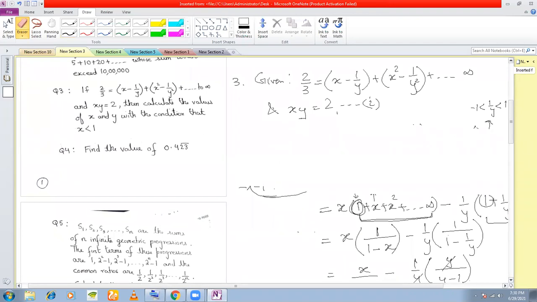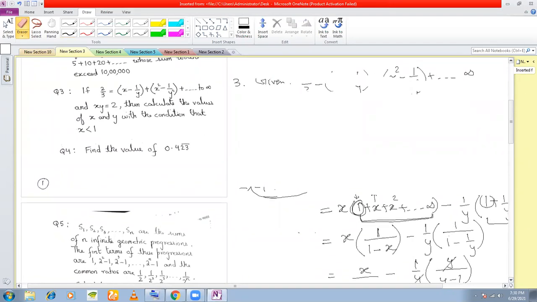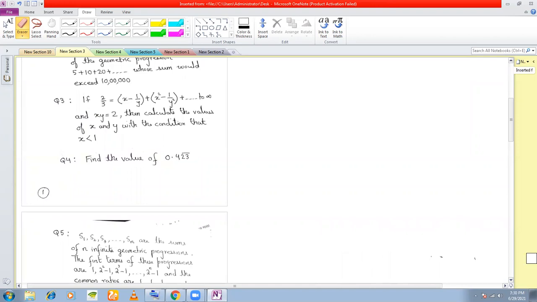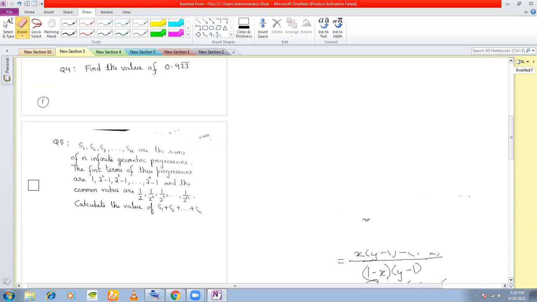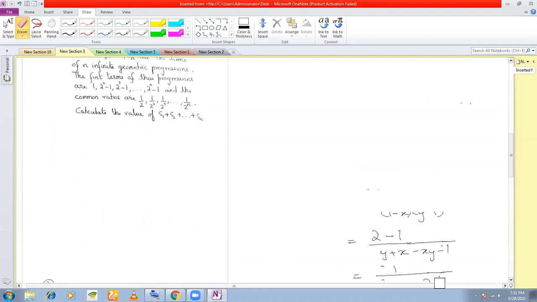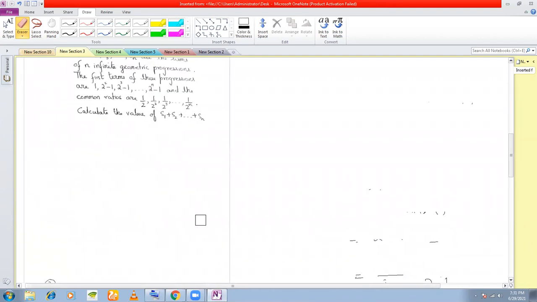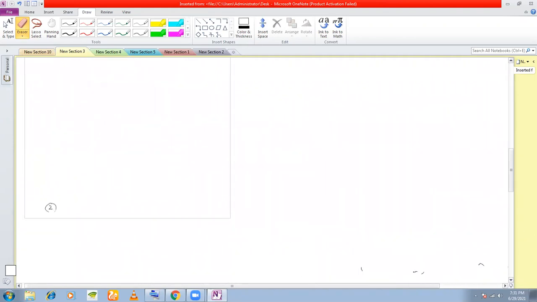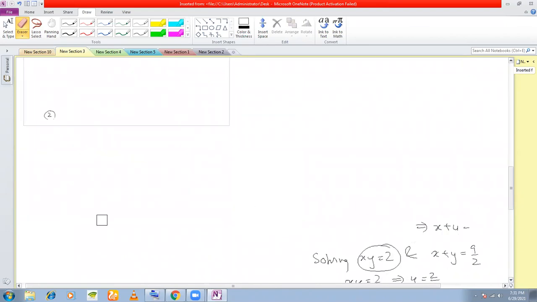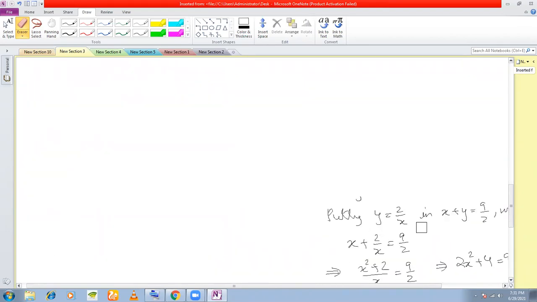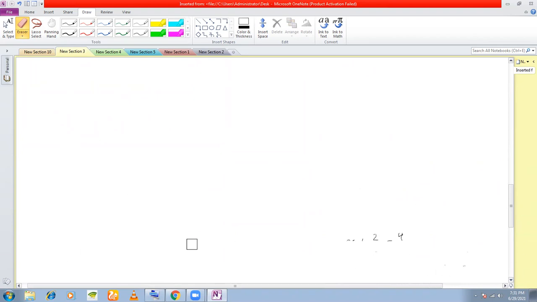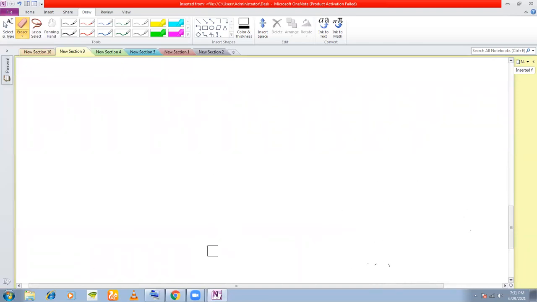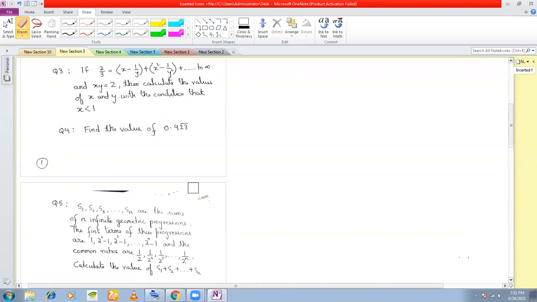So next question is find the value of 4.23 and recurring. 23 is recurring. Now, if you remember in your class 9, 4.23, I told you with 23 recurring after the decimal is a rational number, isn't it? So this number you can convert into a rational number with the help of the infinite GP. Okay, very interesting problem here. With the help of infinite GP, we will convert this to a fraction. Find the value of means to convert this to a fraction, right? Since this is a rational number, we can write it as a fraction with the help of infinite GP.